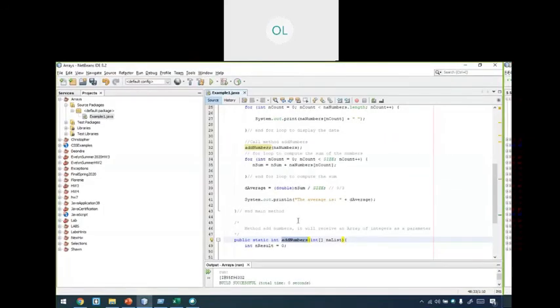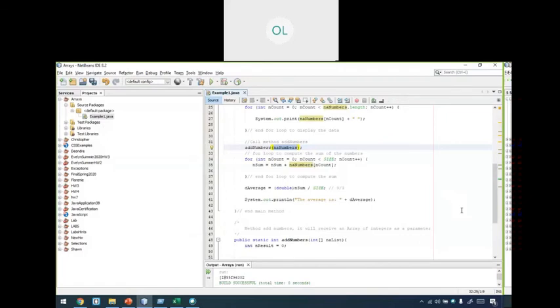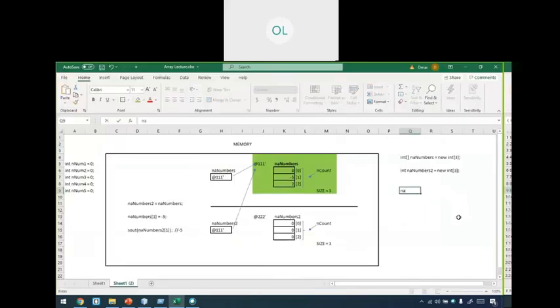When you do that, you're going to do something like this: anyNumbers, and you have anyList. anyList equals anyNumbers. Okay? So whatever you have in anyNumbers,